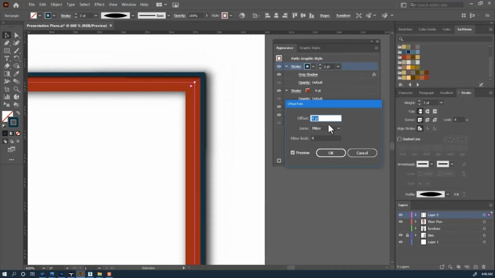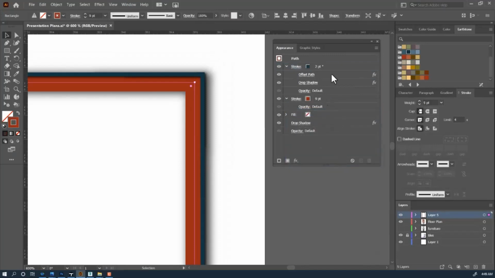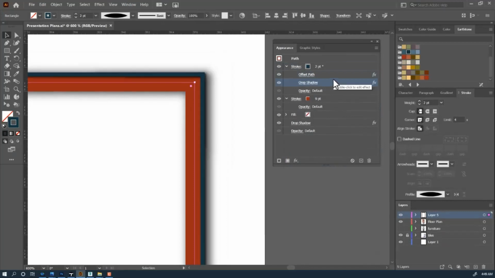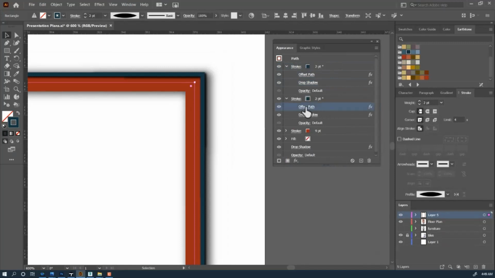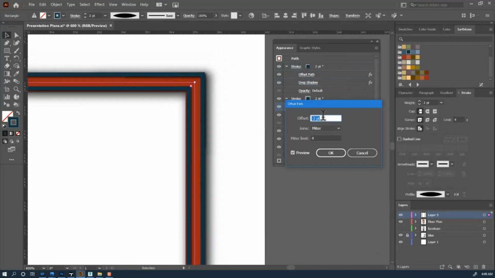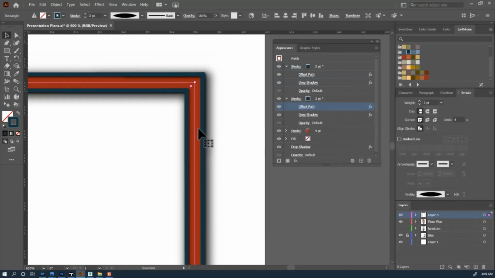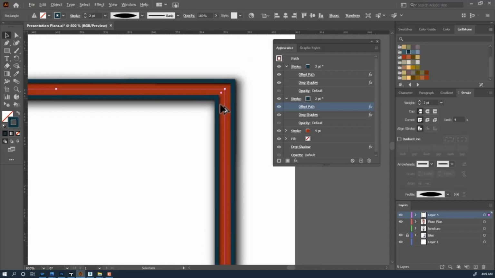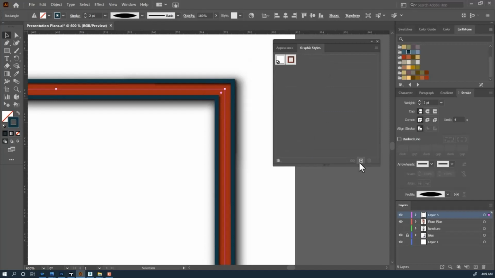So let's say I offset a path like this, and let me duplicate this path here and then offset this duplicated path in the opposite direction like that. So now I have an interesting style here with a wall style. I have two double lines here, so I can just add this as a graphic style,